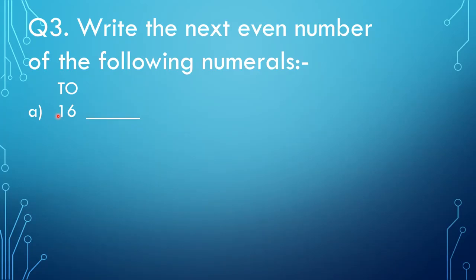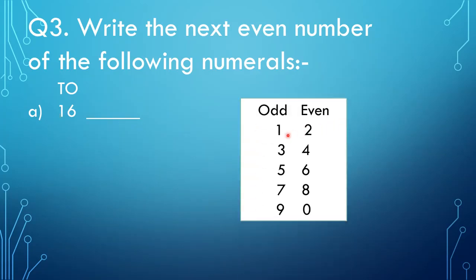Okay. तो हम यहाँ पर एक टेबल बनाते हैं ऑड और इवन की. तो बेटा जब भी आपको इवन और ऑड के सम्स करने हैं you have to make this table. ओके. First you will write odd and then you have to write even. And our counting starts from 1. So हम 1 odd में लिखेंगे, then 2 in even, 3 odd, 4 even, 5 odd, 6 even, 7 odd, 8 even, 9 odd and 10. 10 का 0. 9 के बाद 10 आता है, तो 10 में से जो ones place digit है that is 0. So we will write 0 here in even numbers.